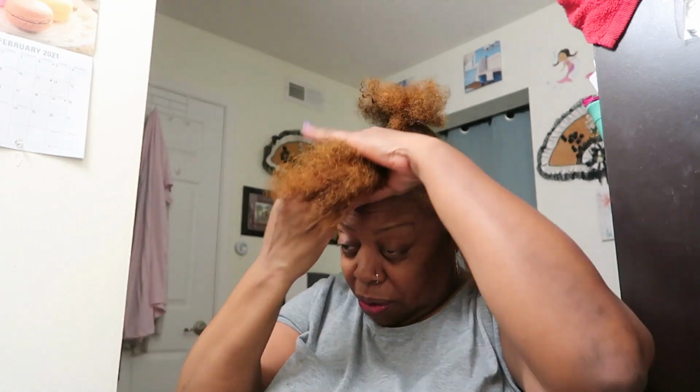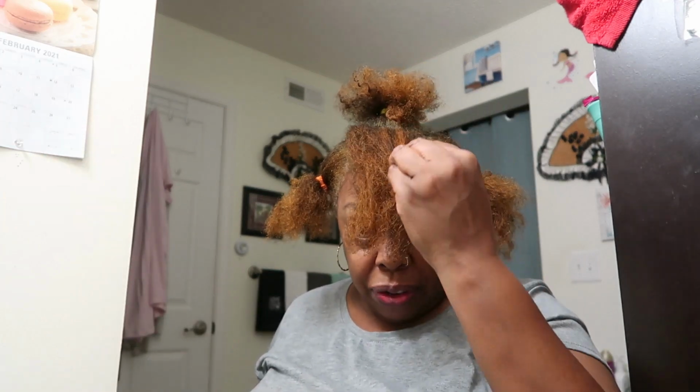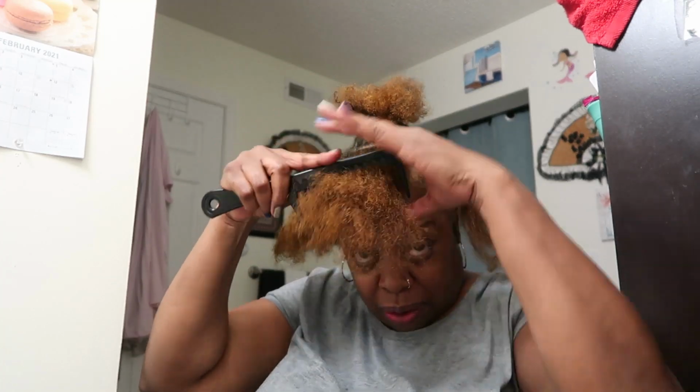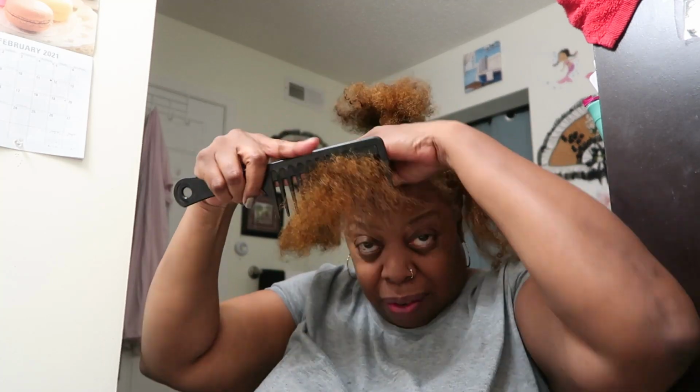If you put too much water in it, then the moisturizer is not going to be able to get through there and down to the shafts of your hair. So you just wanna spritz it enough to relax those curls, and then you start to detangle your hair right from the ends. I hope you guys can see this. And go down to the roots. And then you gently, remember,